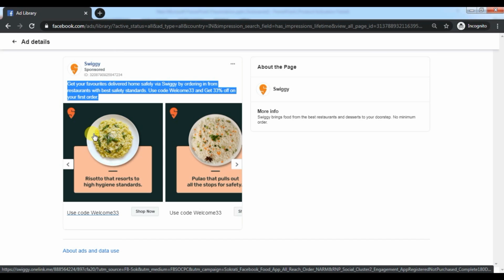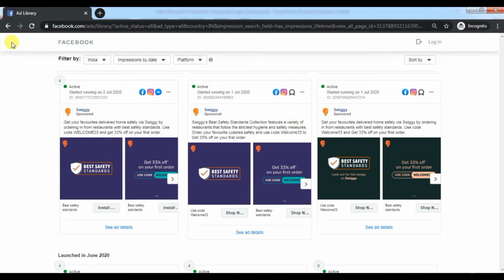Not only for restaurants. For example, I have taken Swiggy. In the similar way, if you are in a different vertical of business, either a service-related business or any kind of business which is online, and whether your competitors are running ads online, any kind of ads, you can see them using this